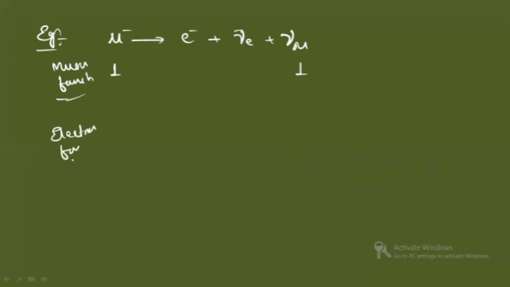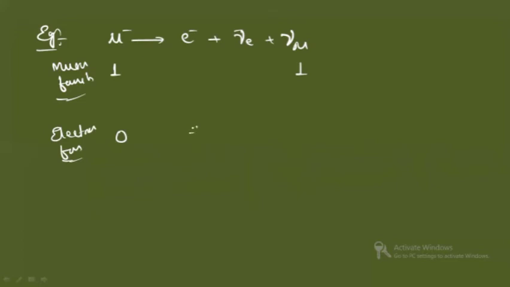Now we will see an example. Consider this particular reaction. First we check the lepton number for the muon family. On the left side there is a lepton, so it is 1, and on the right side there is also a lepton, so it is 1. So this is conserved. Next, for the electron family, the lepton number on the left side is 0, because there is no electron on the left-hand side. On the right-hand side, if you see, this has